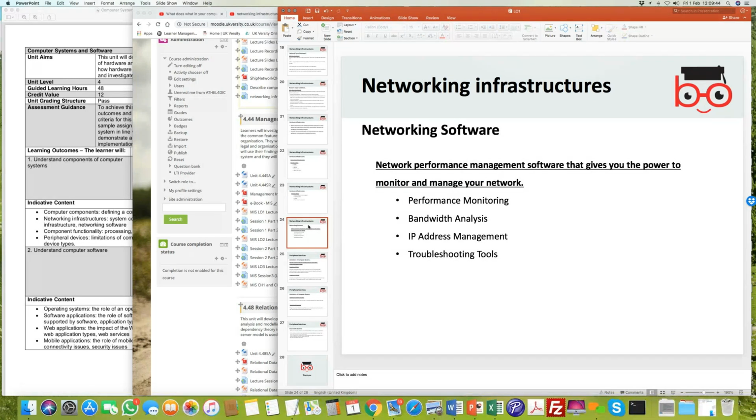Then one or two small slides to primarily understand why you need network software. If you have 20 PCs running in a place, and 20 PCs are servicing different types of requests, I'm browsing the internet, somebody's working on Word, somebody's accessing data from the server, when you look at all that, you need software to manage or monitor performance